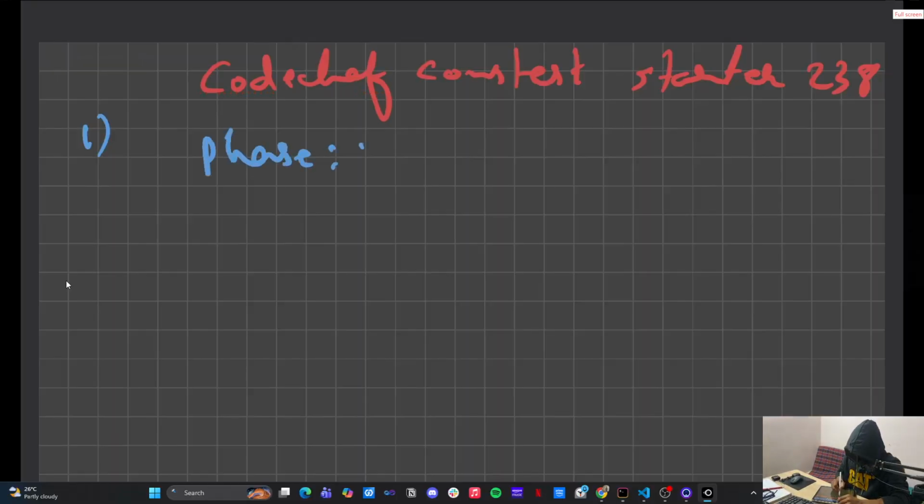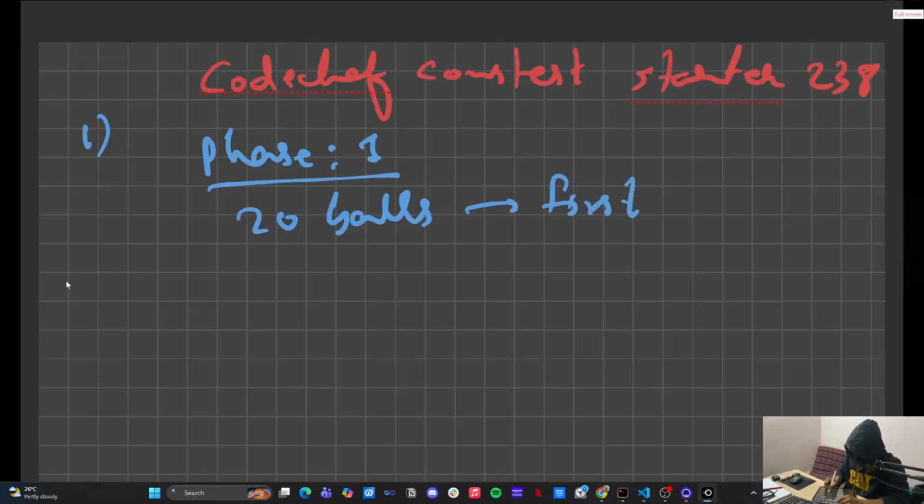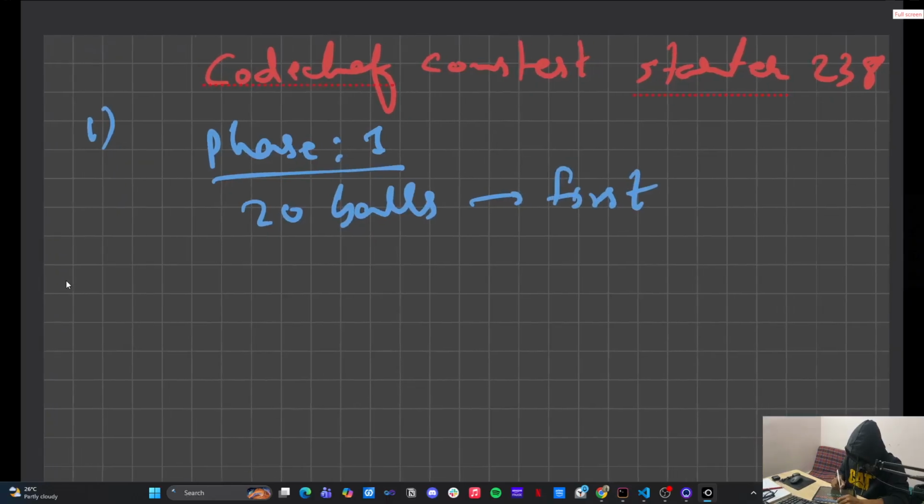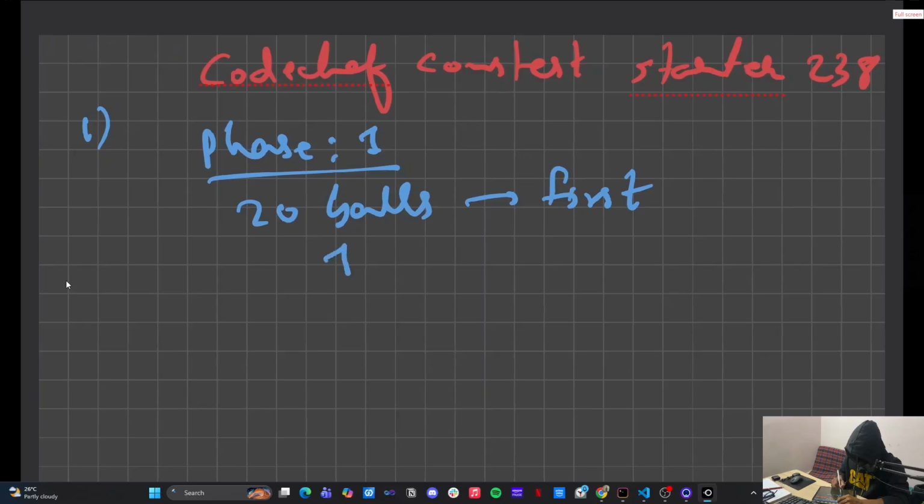In phase 1, the first phase lasts for 20 balls, from ball number 1 to 20. This is the first phase, and in this phase, for each ball,